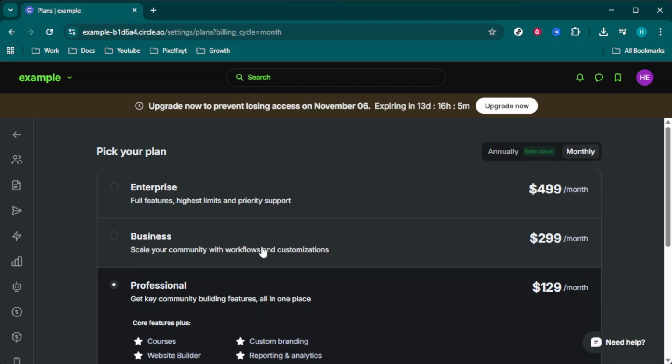And that's it. With these steps, you have successfully set up your Circle.so community. Remember,